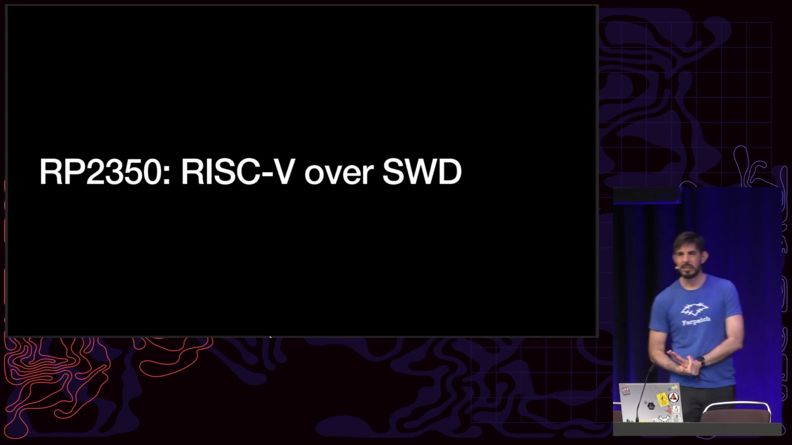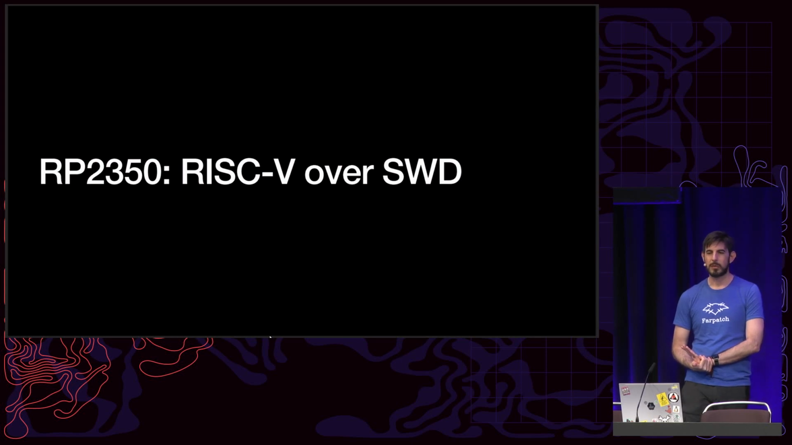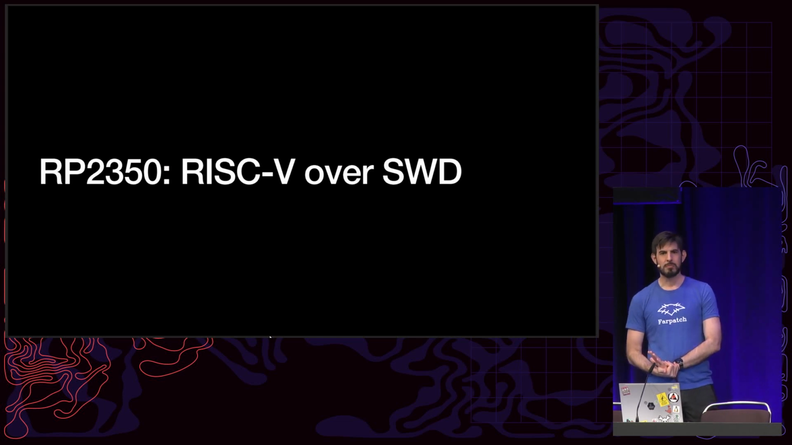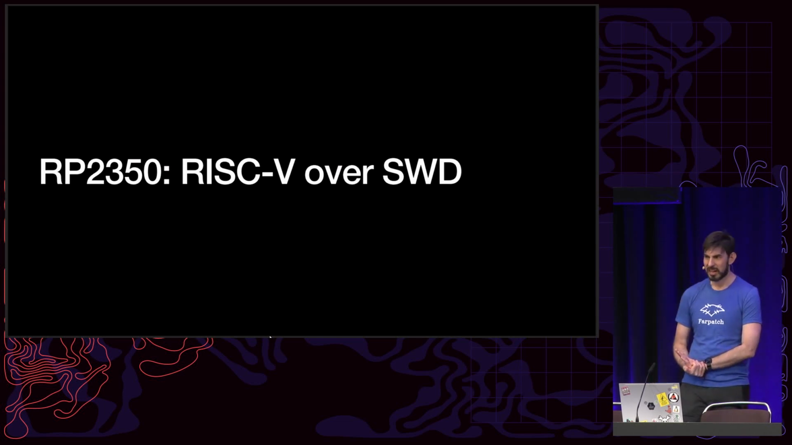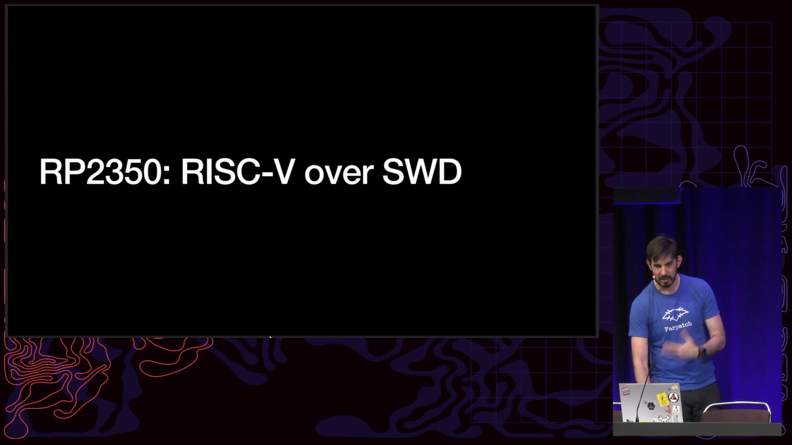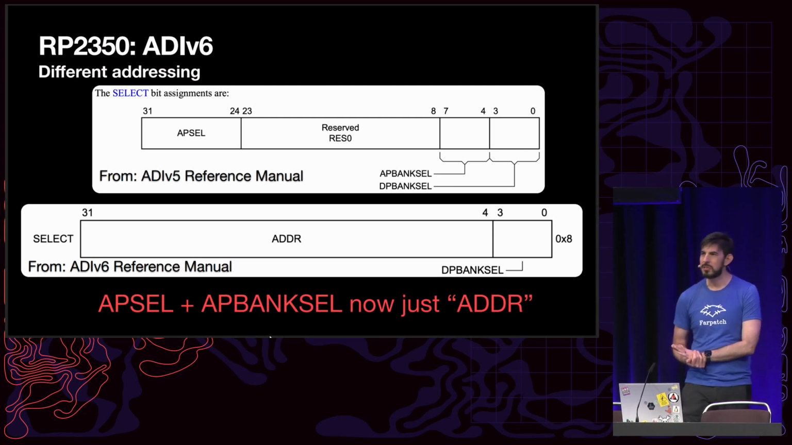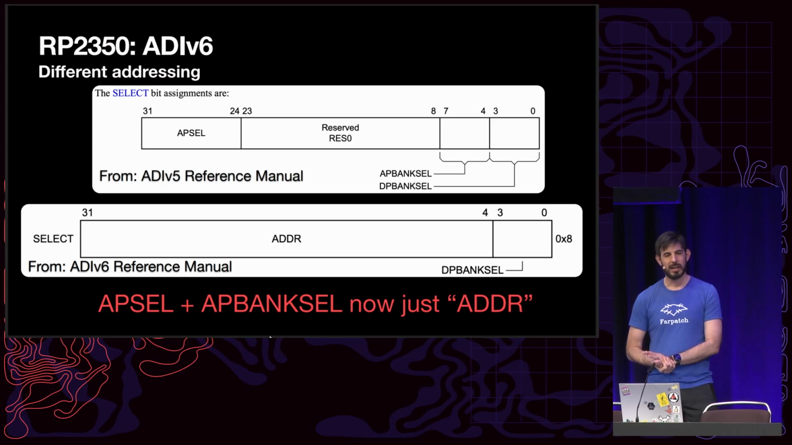I do want to take a brief aside now and talk about the RP2350, which does something that's actually really cool: RISC-V over SWD. Normally you think about SWD as being exclusively ARM, but the RISC-V Foundation with their newest chip actually did something really cool with the debug situation. Up until now, we've been talking about ADI version 5. The RP2350 is a little bit annoying because it's a newer version of the spec,